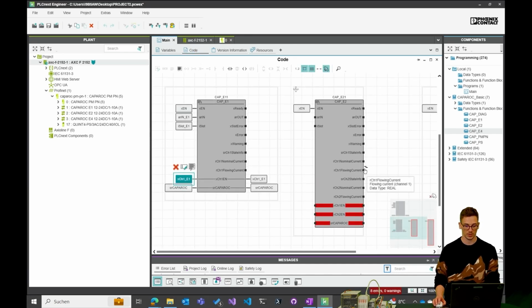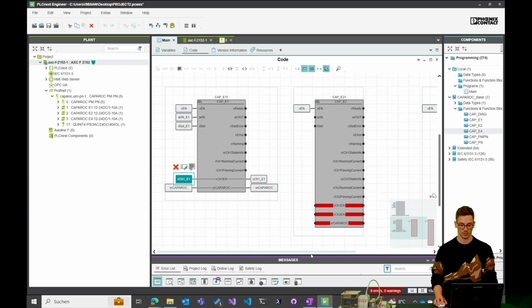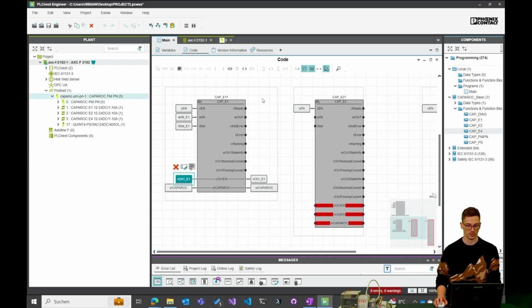And now we want to do basically the same with the E2 and E4, and also connect the process data item.